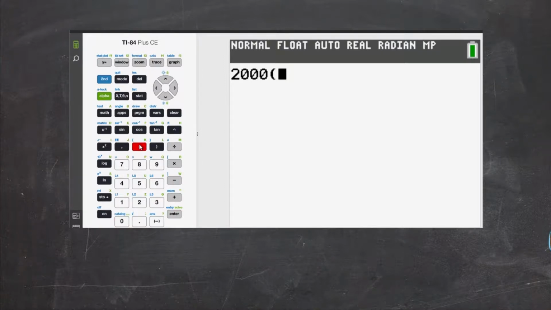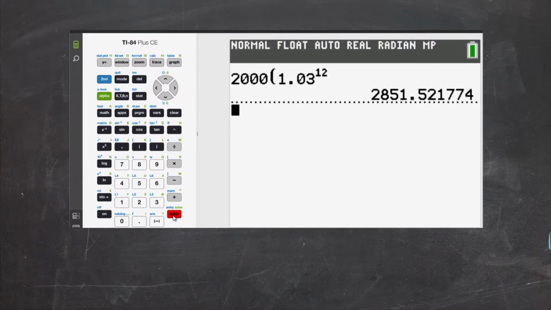Now, we're going to put that 2,000, and multiply it. Remember we said 1 plus 3/100ths, that's like saying 1 and 3/100ths. We'll just put it together as one combined decimal. We're going to raise it to the 12th, and we're going to see what that gives us. Gives us quite a bit of money. It looks to me like our amount is 2,000. Wow, let's just round it to the nearest dollar at this point. How about